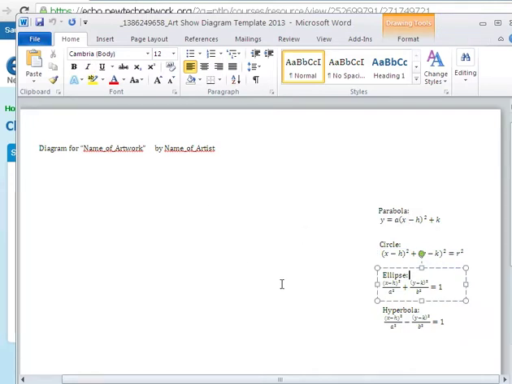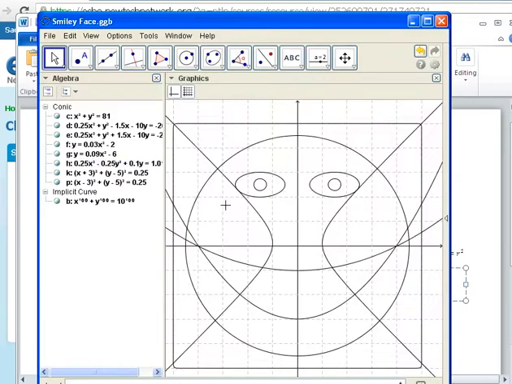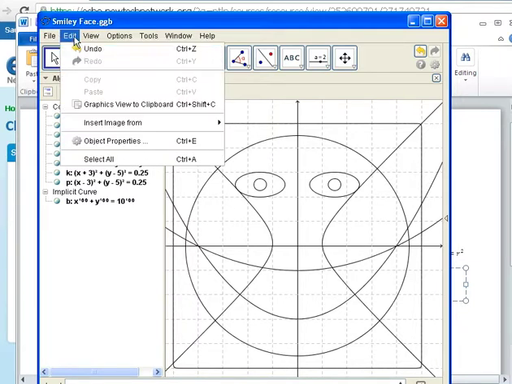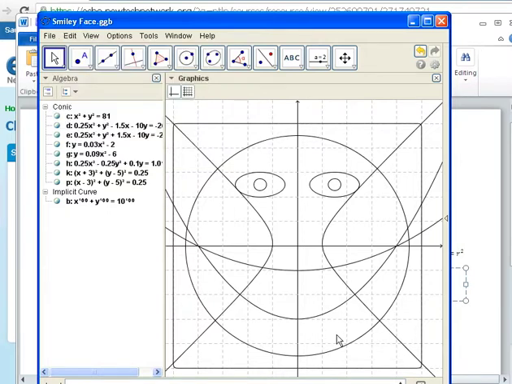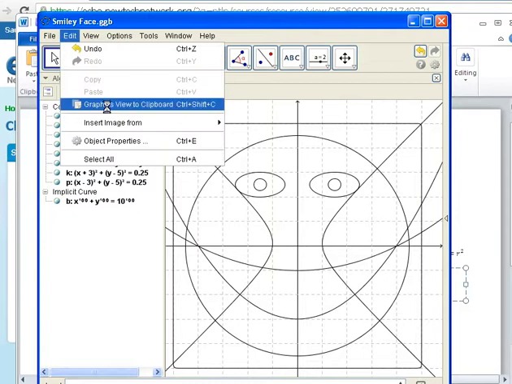So what you need to do is go to your GeoGebra file, and you want to go to the edit menu and choose graphics view to clipboard. Although first you want to make sure that you really have the graph showing like a graph. You want to have the grid lines and you want to have axes and everything. So I'm going to go then to graphics view to clipboard,